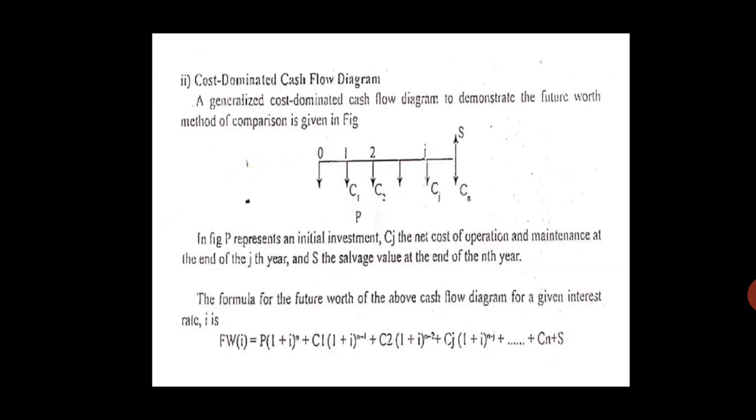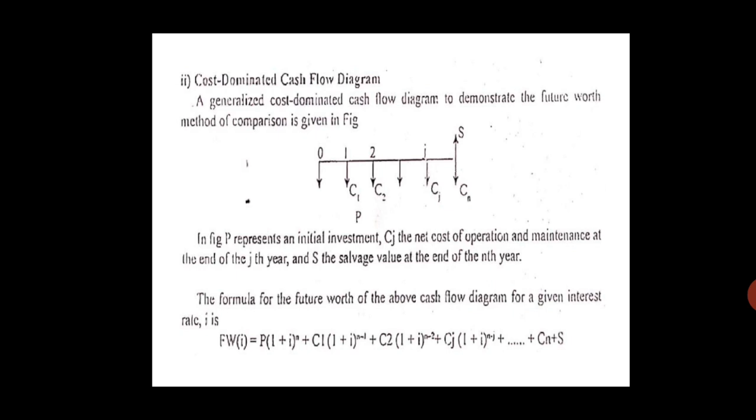And now comes cash flow diagrams for cost dominated future worth method. So here you can see again P is the initial investment, Cj is the cost of the operation and maintenance at the end of jth year, and S is the salvage value at the end of the nth year. So again here the same formula at the interest rate of I,